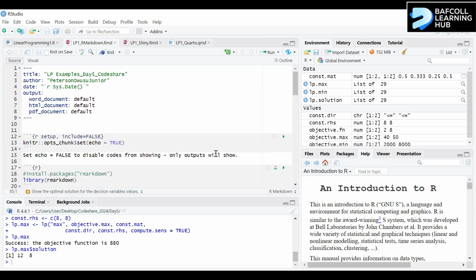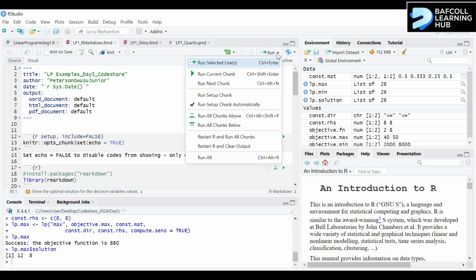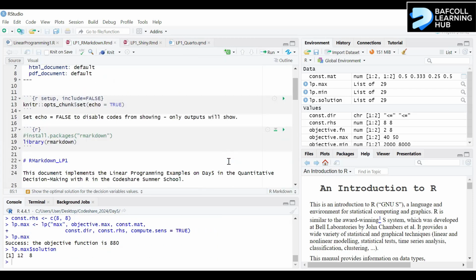There's another option here. If you come to run, you click on the arrow down, you can choose to run all the chunks at a go. So you have run chunks below, run all chunks above, run current chunk, or run selected lines, or run all. So you can just run everything. Okay, now once you finish running,